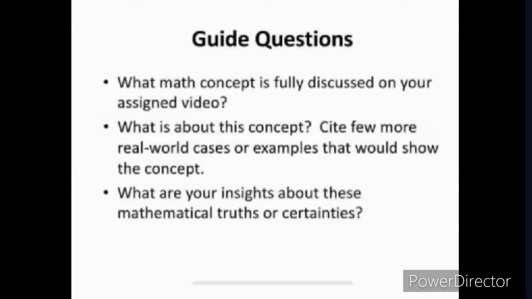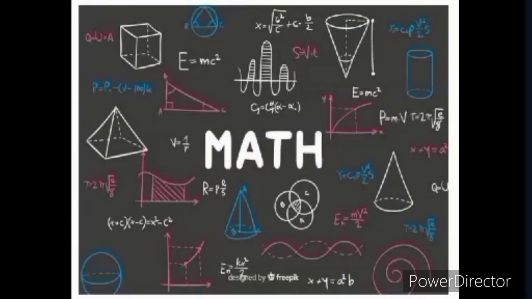So the last part is, what are your insights about this mathematical truth or certainties? My insight is based on this topic, tessellation. This mathematical truth is based on patterns showing that all possible outcome shapes reflect the meaning of reality and help in better understanding the world. You see these shapes every day. It makes you think that all these shapes and patterns help us. All these patterns provide us the clue to explore and understand better than we thought.